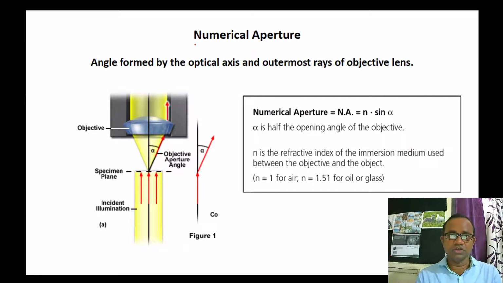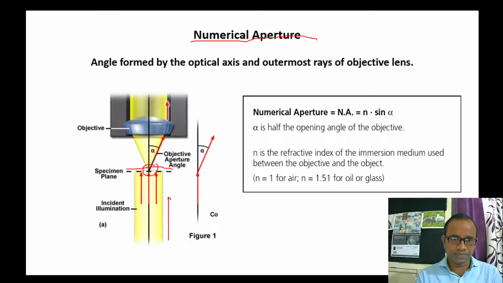This is what is a numerical aperture. It is a more important topic in the microscope. So generally what happens when we place the sample on a stage on a glass slide, what will come from below? From below there come the light rays, right? Now these light rays come from the light source or the mirror. These light rays fall onto the object.